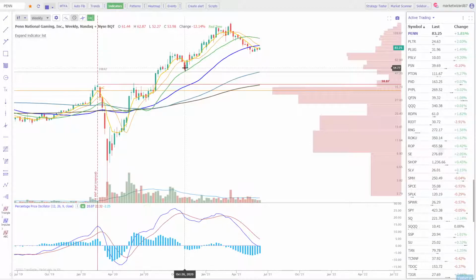What's more important is to say, what does a corrective ABC pattern look like? What does a triangle look like? What does a zigzag look like? Understanding that they alternate. This was a flat, this was a zigzag,